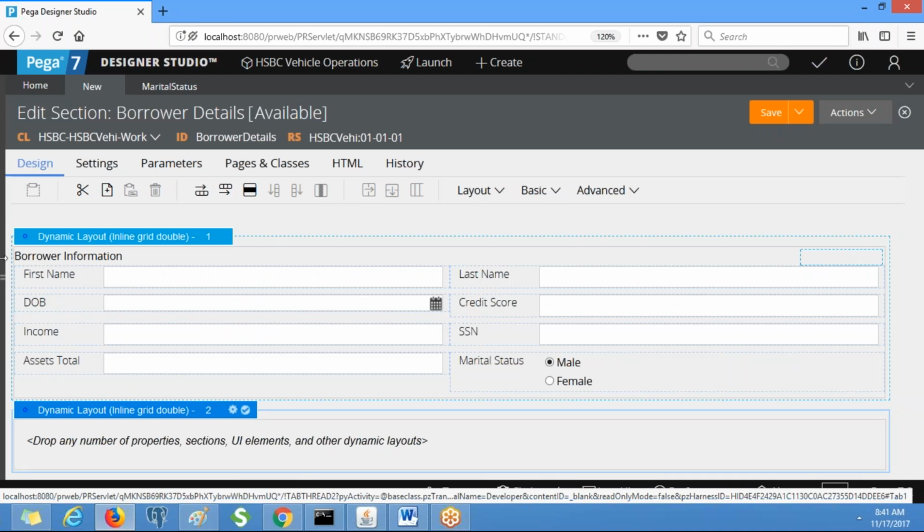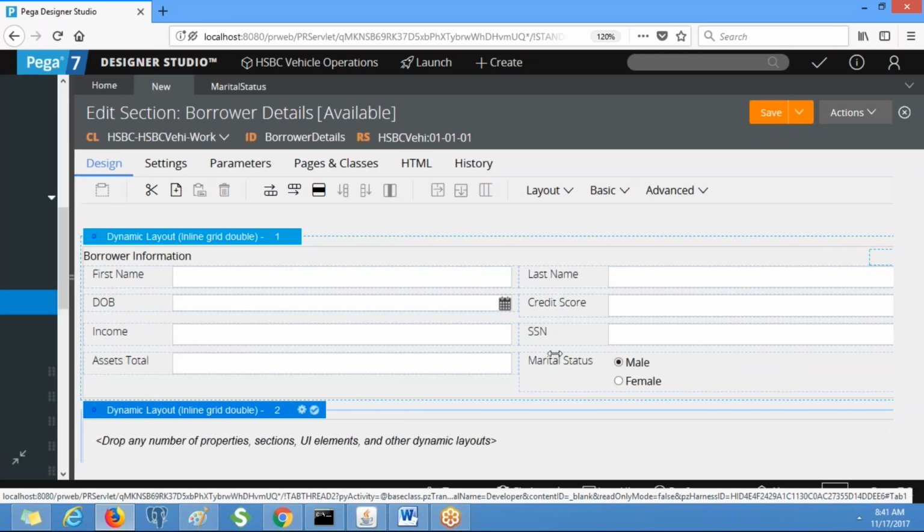Now we don't have any properties under spouse, right? But spouse is a child class of borrower, so we can use all the properties available under the borrower class. We cannot drag directly from the work class.